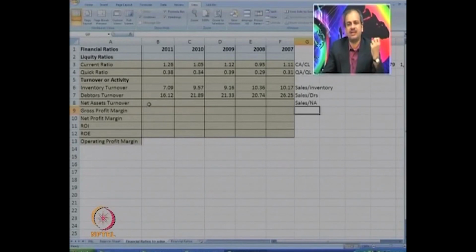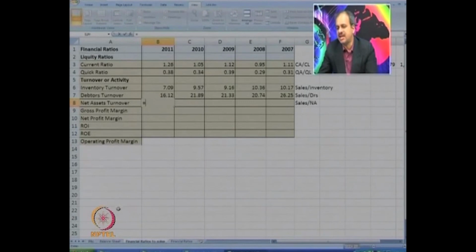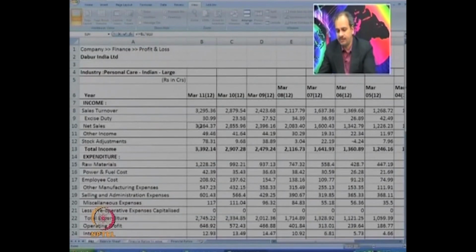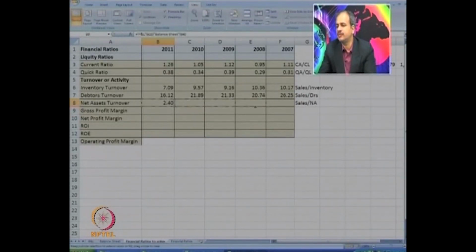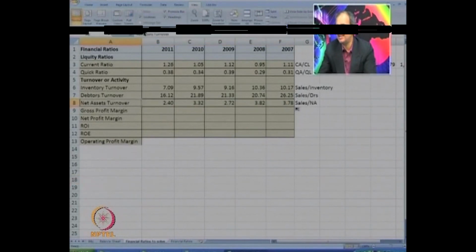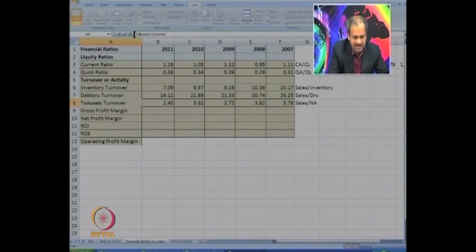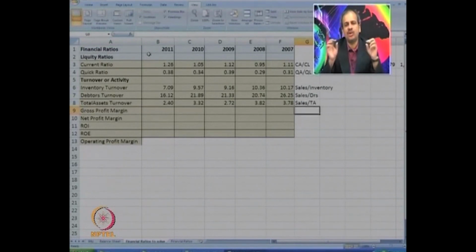We will try to take the net assets as that is what is asked by the ratio. So, we have a sales figure. Go to the balance sheet. Here you can see the total assets. Since net assets has many connotations, I think it may make sense if we call it total assets turnover. Keep in mind that even if it is called total assets, we do not literally take the total of all assets. We have taken it as assets minus current liabilities,